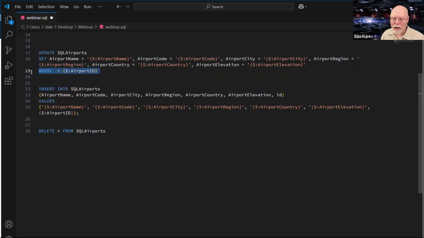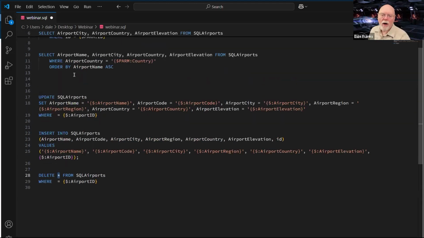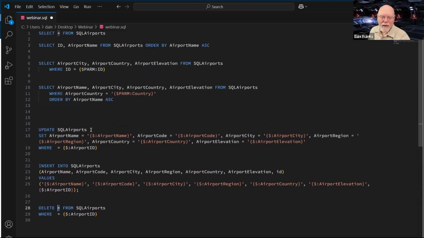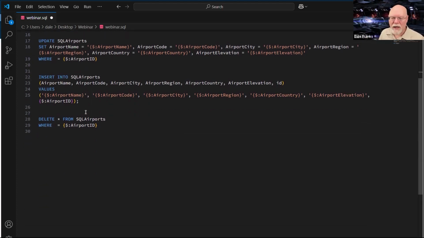I am generally going to want to have this where clause so that it only deletes the one record that matches the airport ID, which in our case, in just a few minutes, is going to be 858. The star is another wild card character that you can use in SQL, just as we did up here with our like statement. Did I get rid of that like statement? I guess I did, where we had the percent sign. The star means everything, all of it, the whole thing.